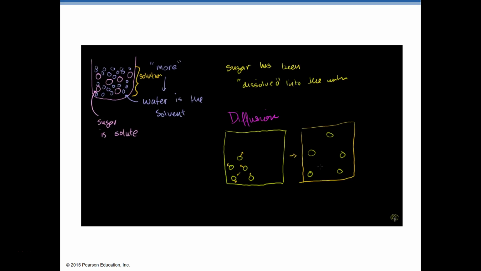This is diffusion. And so it's really just the spreading of particles or molecules from high concentration to low concentration areas. In this case, the molecules are going to spread in that direction, from a high concentration to a low concentration area. Now you're saying, Sal, what is concentration? There are many ways to measure concentration, and you can go into molarity and molality and all of that. But the very simple idea is how much of that particle do you have per unit space. So here you have a lot of those particles per unit space, and here you have very few of those particles per unit space. So this is a high concentration, and that's a low concentration.